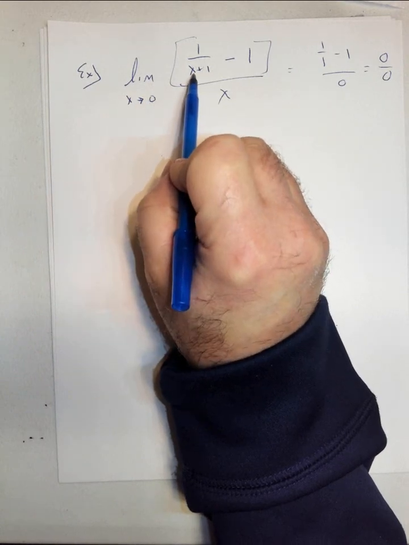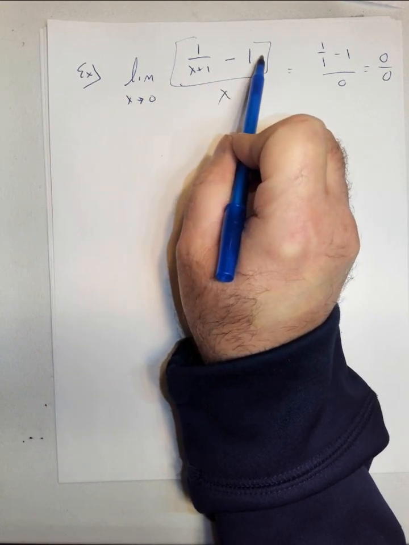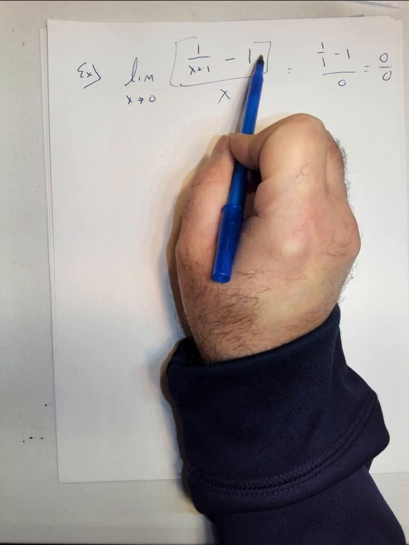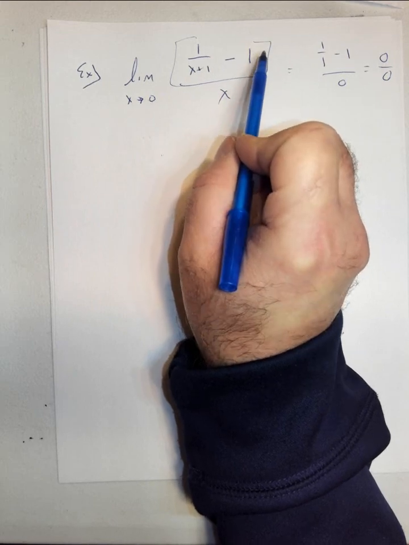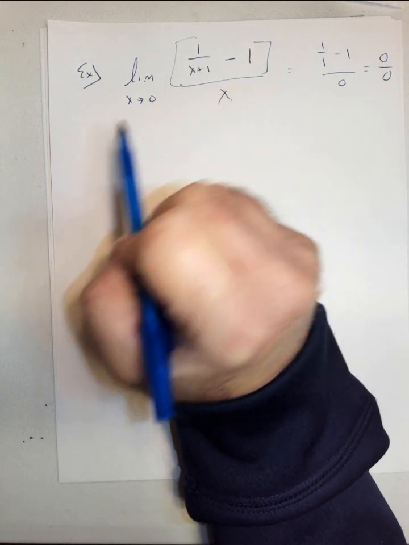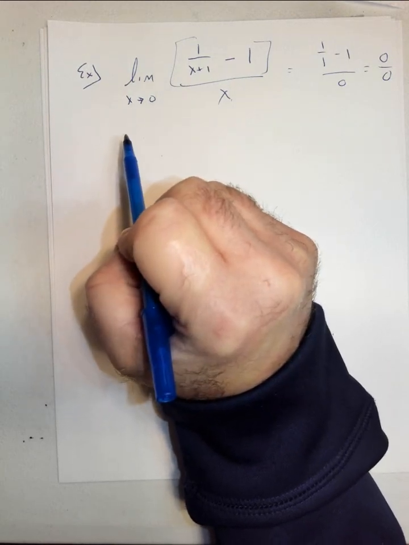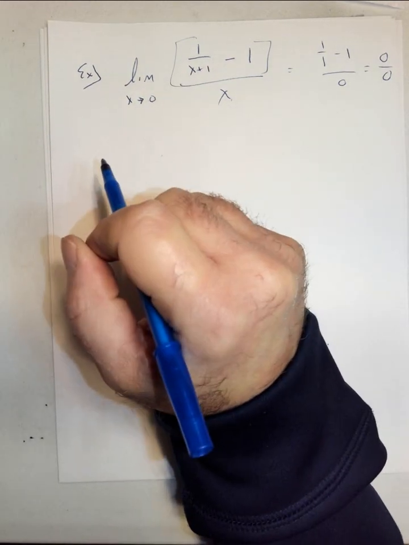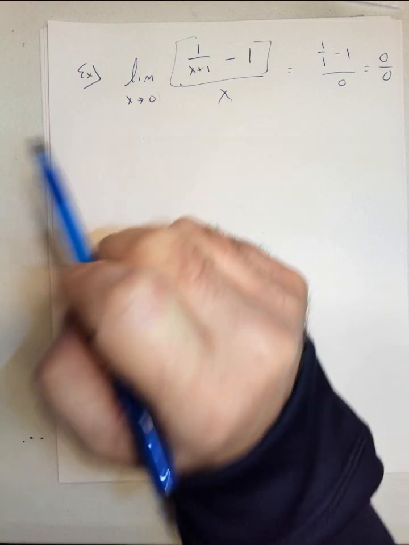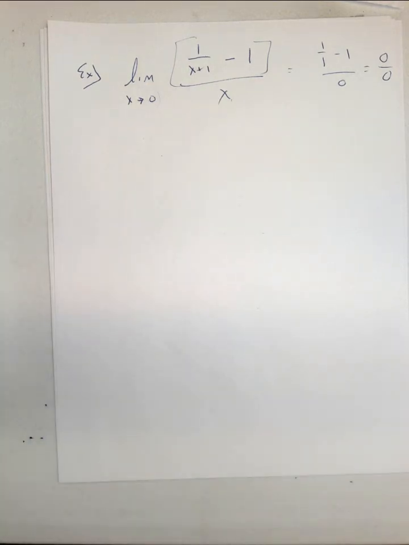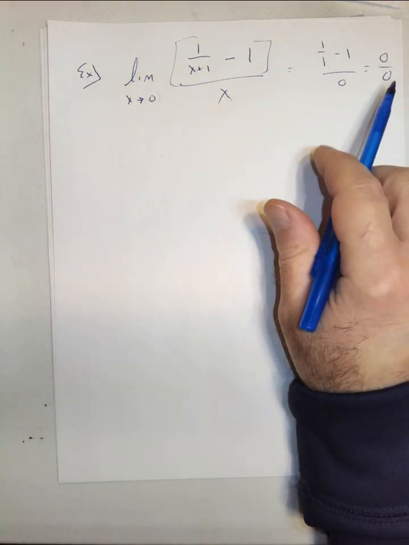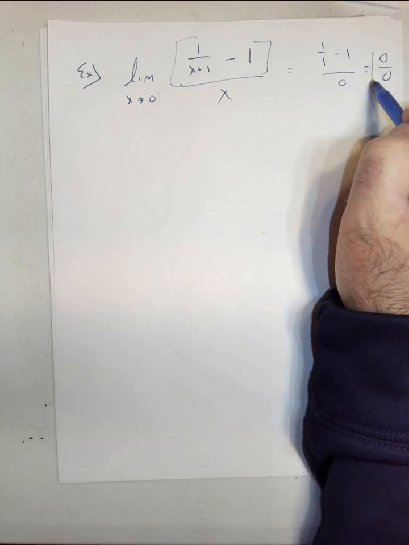Plugging in 2 would get me 1/3 minus 1, which is negative 2/3, over 2, which is negative 1/3. And that would be your limit, and you'd be done. So again, the limit can be a number. It doesn't have to always be this indeterminate form,